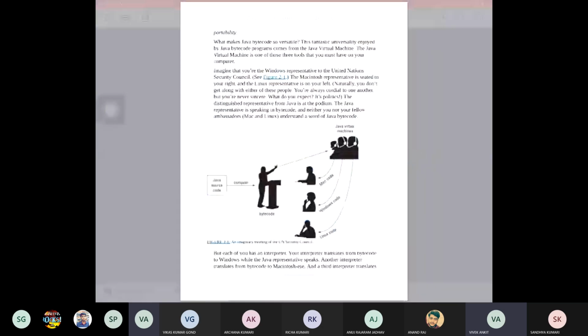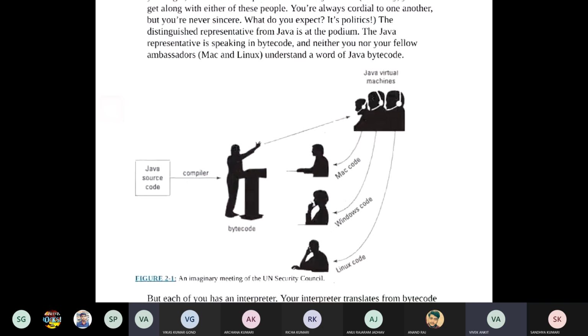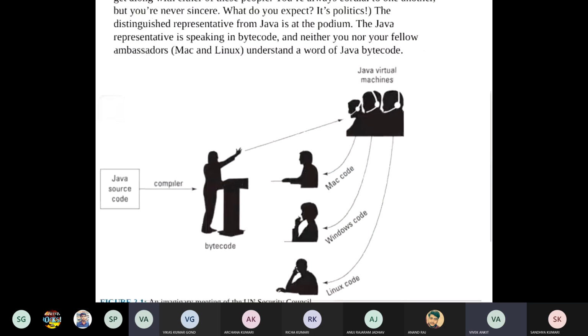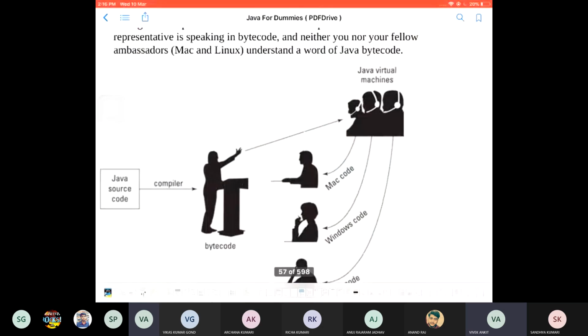So there was one example. There is a Java source code that we have written. The compiler converts it into bytecode, and this bytecode is speaking something. And there are three systems: Mac, Windows, and Linux, three representatives of three systems. So what this Java virtual machine does...